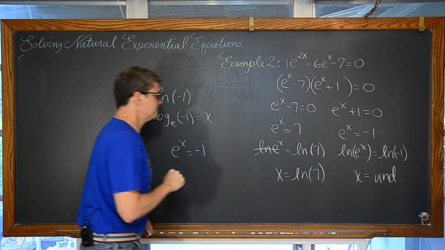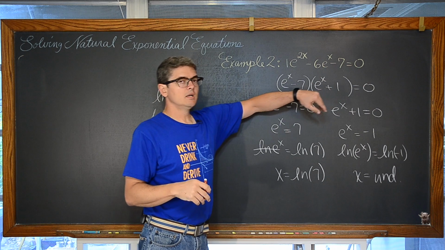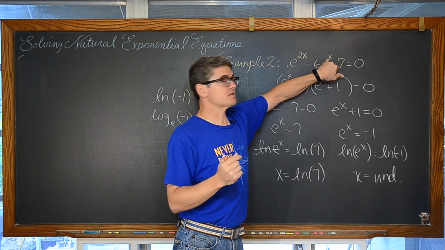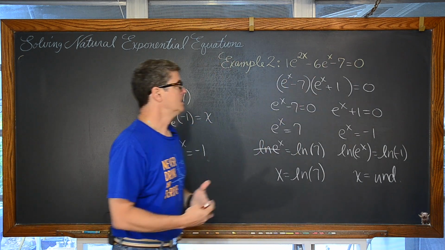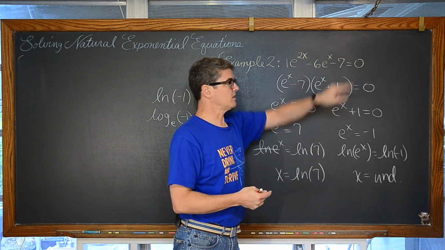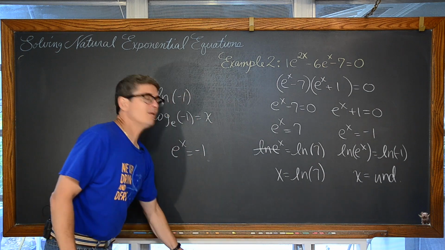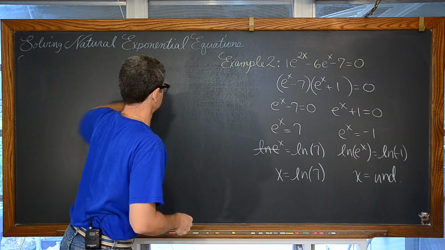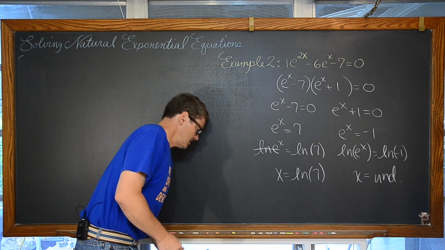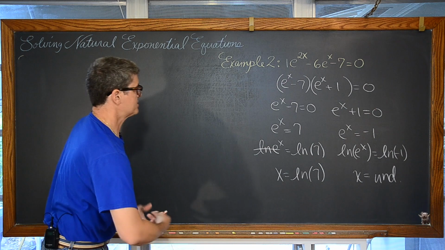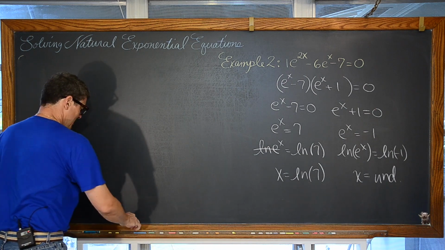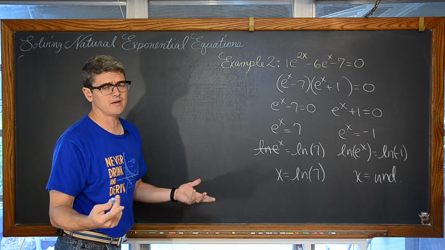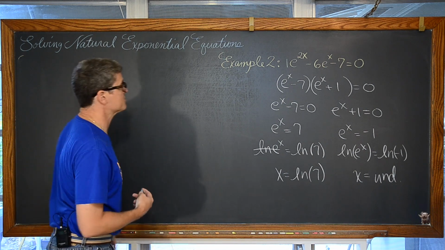But now wait a minute. What if I had given you this quadratic pattern, three terms, with an exponent twice as big as the middle exponent, and then no variable or common base showing up at all in the third term? What if that wasn't factorable? Well, of course, you know that if you have a quadratic from Algebra 1 or Algebra 2, all those skills just keep coming back, you can use the quadratic formula, which, by the way, is just derived by completing the square, something else you learned in Algebra 2.